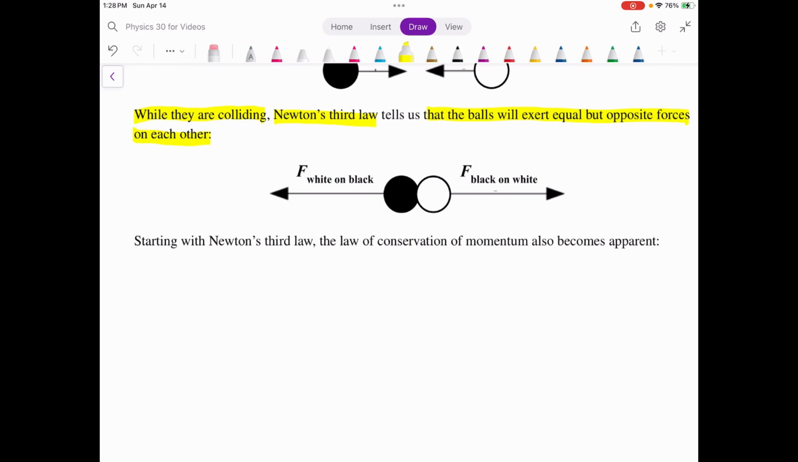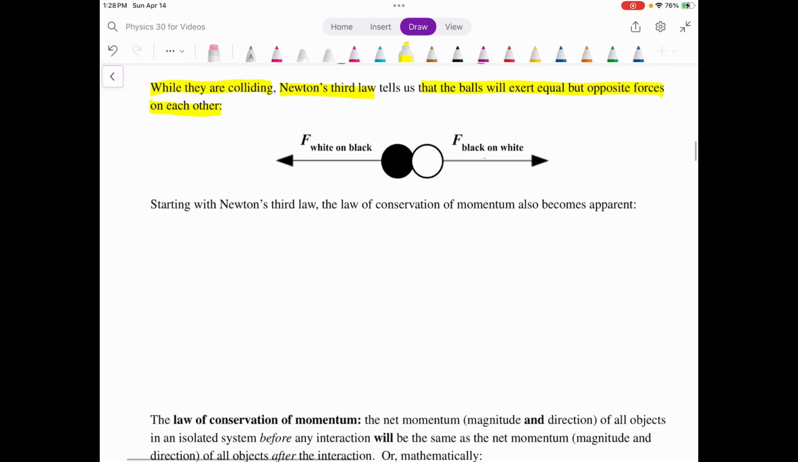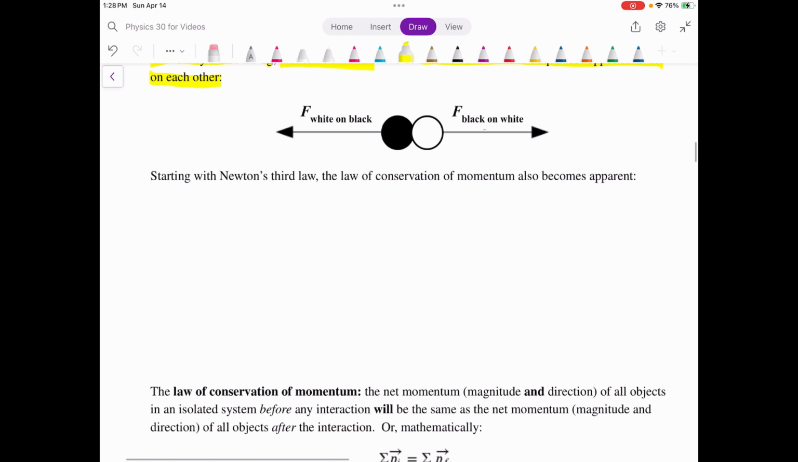As soon as they break contact, that force goes away. So they are exerting that equal force on each other for equal amounts of time, just in opposite directions. So starting with Newton's third law, the law of conservation of momentum also becomes apparent. Let's start with Newton's third law, which just says that the force of object 1 on object 2